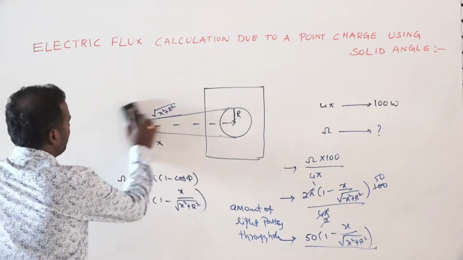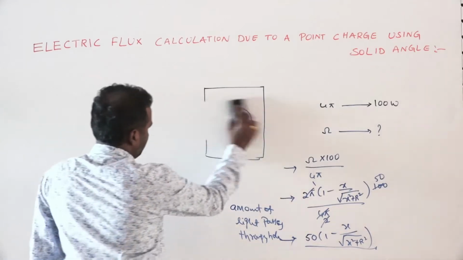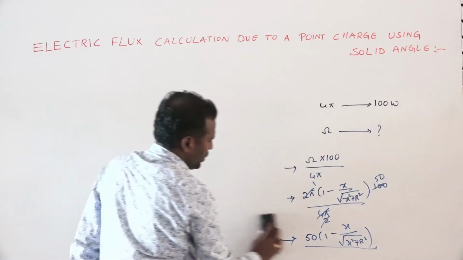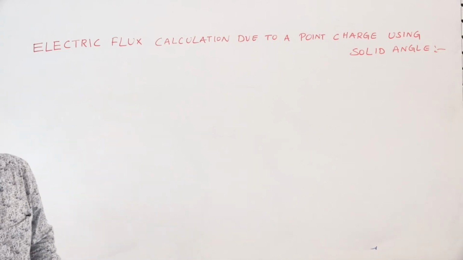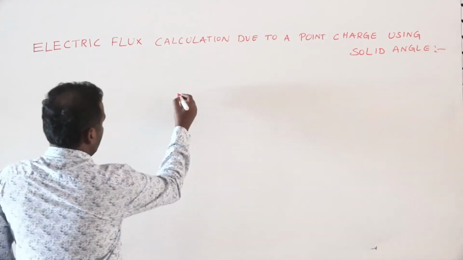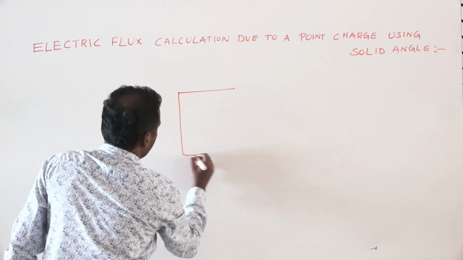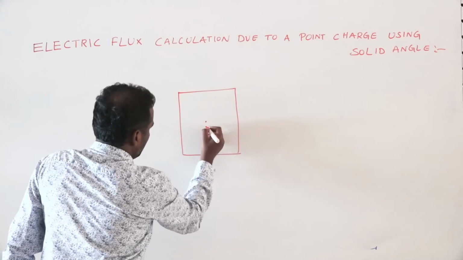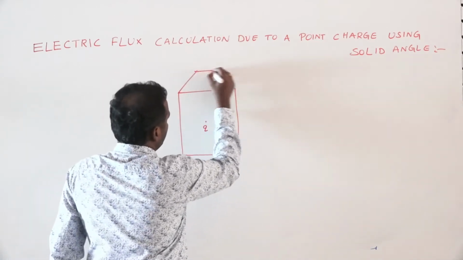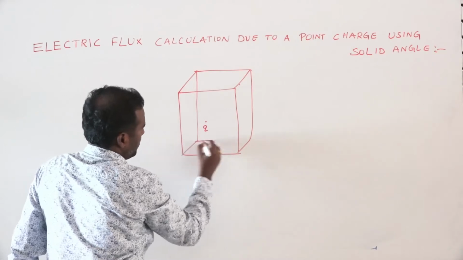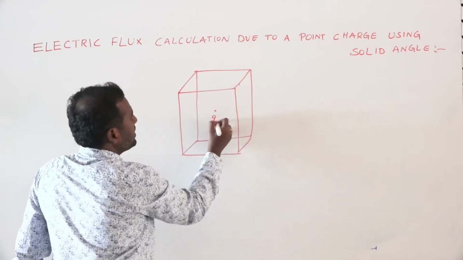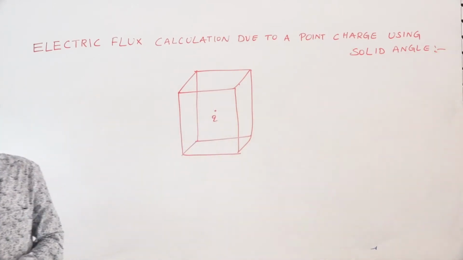If you consider one more example, there is a point charge q placed inside a cube, at the center of the cube. This will be the center of the cube, we can say. And then the flux through the cube, if we consider that,